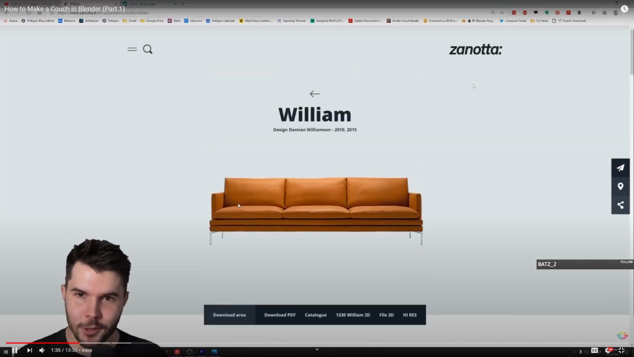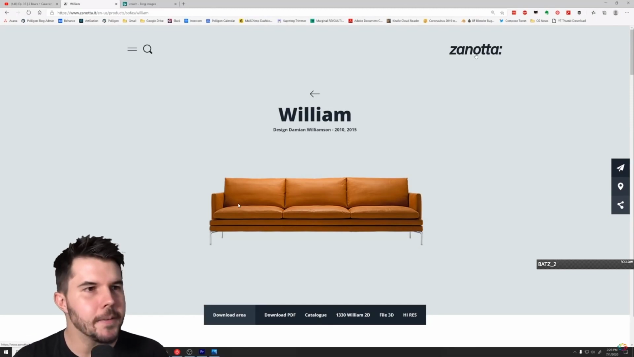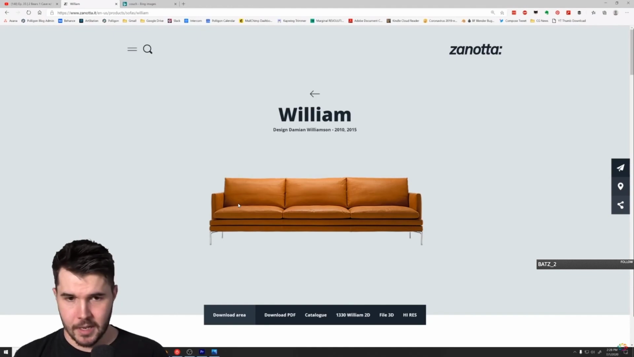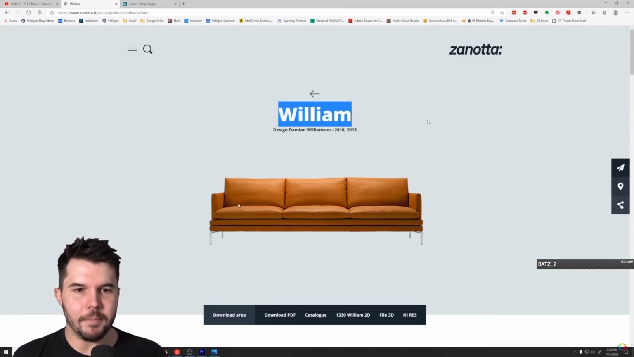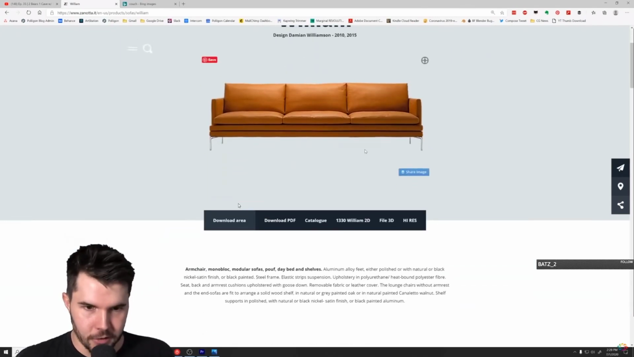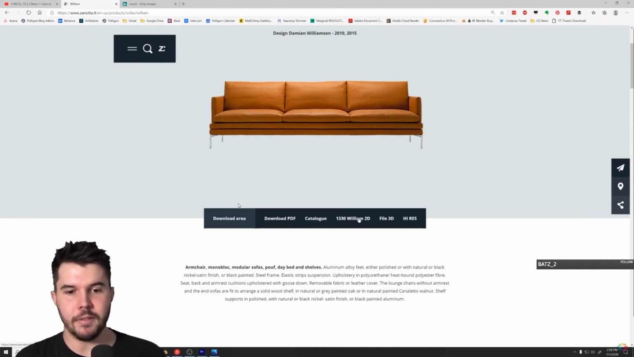Brand name couch. And why not go with a fancy brand? Is it fancy? Evidently they make iconic couches which have been celebrated by men with beards and too much money. But anyways, we're going to be making the Zanotti William couch, which besides looking nice, because it is a designer couch, they also give you the blueprints,